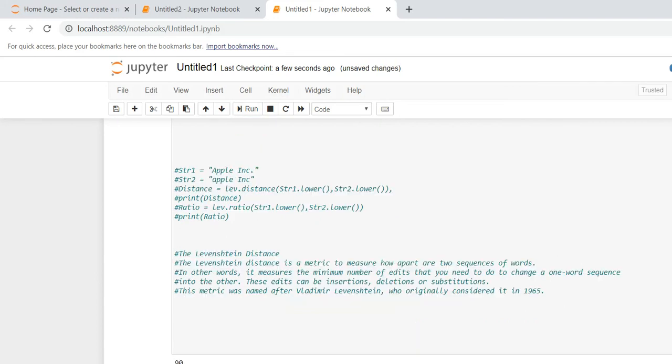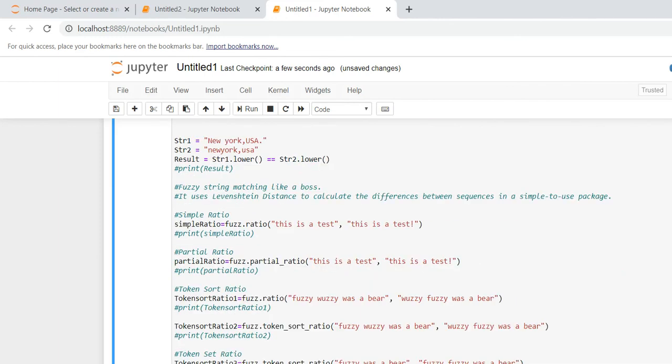Here you can see the ratio has changed to 90, because my first string is Percy was a bear, and my second string is different. That is the only change, and it reduces the ratio by 10%. Now the string matches only 90%.